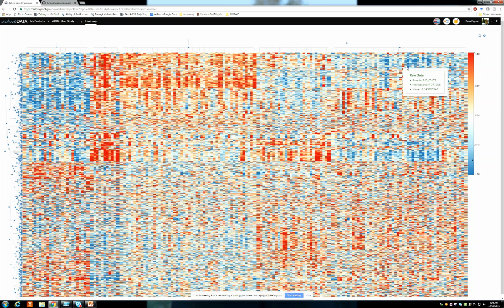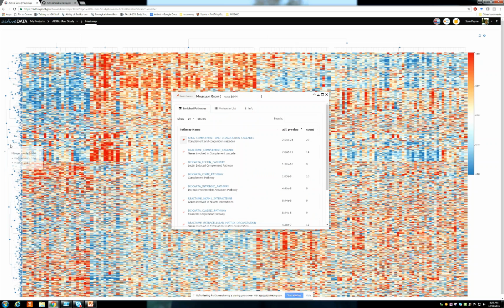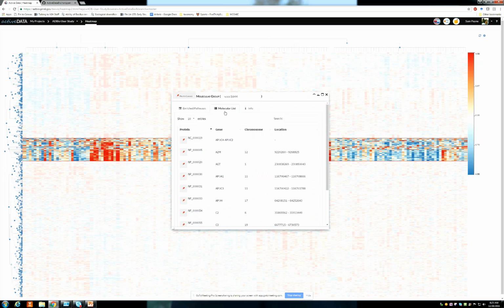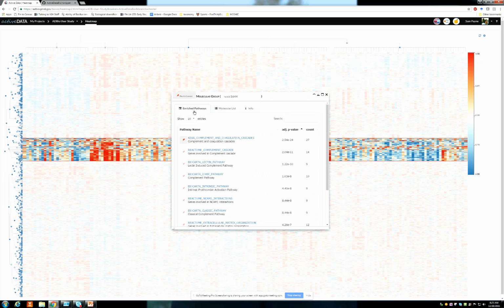Anyway, the heat map shows patterns of different individuals and the proteins that they have. So when a clinician looks at this pattern, they can see that this group of patients here, about 11 patients, have some proteins that are in dark red, meaning that they are highly abundant, and they want to know what those proteins are. We want to just let them click and find that out. So over here on the heat map, we're able to click, and it tells us these are all the proteins that you asked about, and these are how they are logically related to each other.